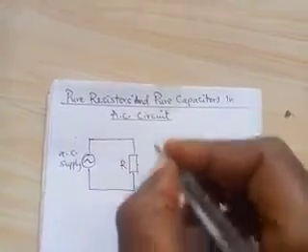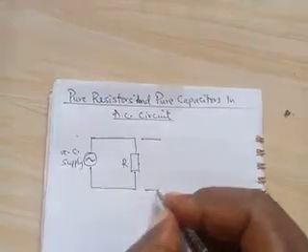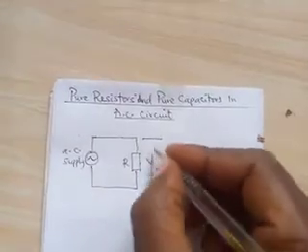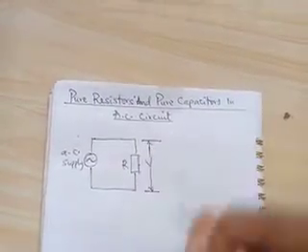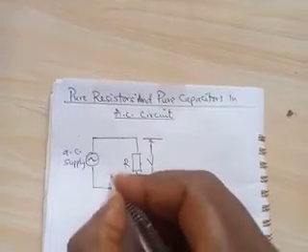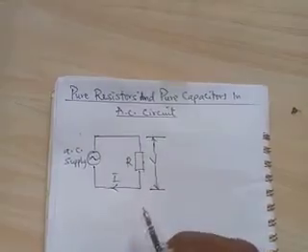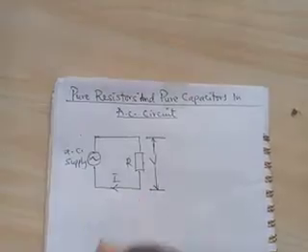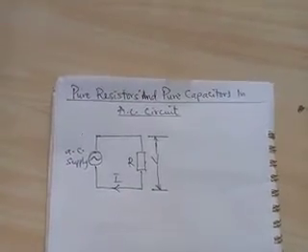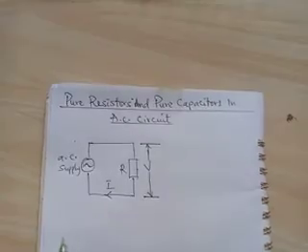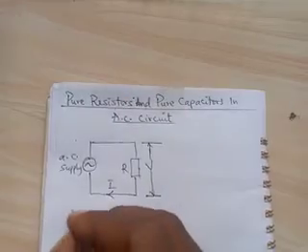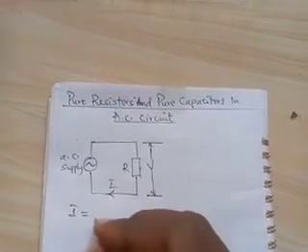This is the resistor. From this point to this point is the voltage, and current is in this direction. So this is a resistor in an AC circuit. Okay, now if the current in this circuit I is equal to I naught